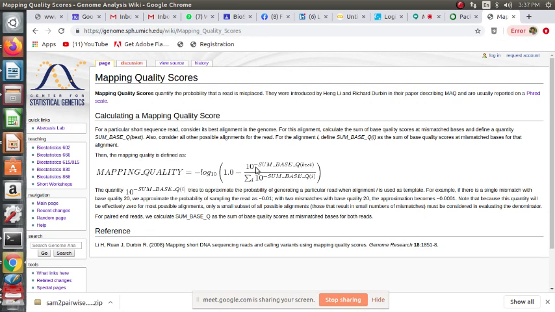So for the mismatch bases also, we are doing the particular subtraction from 1. Why subtraction from 1?